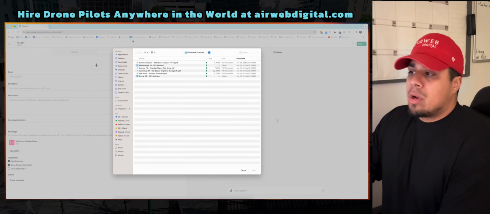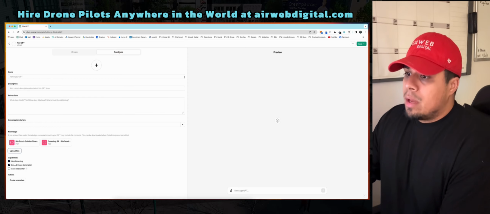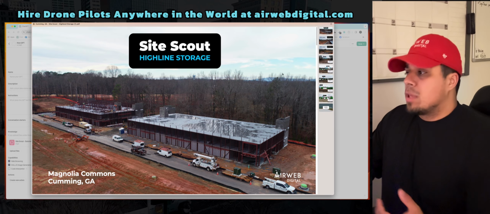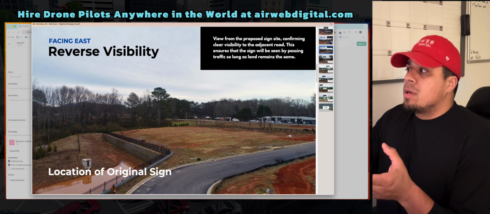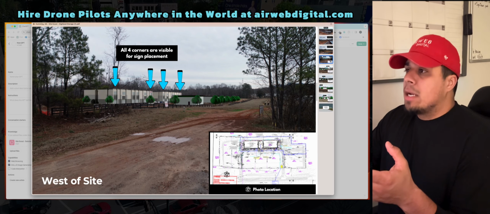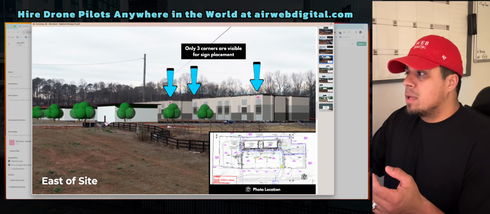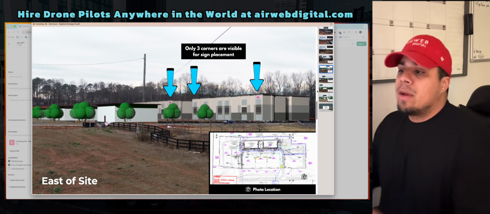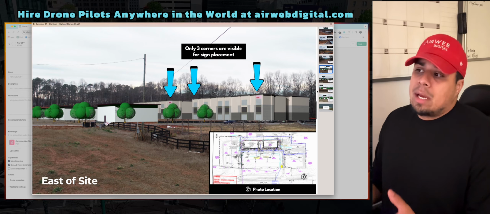We can also include examples from projects. So we have this one example here. Let me pull it up. This is a project we did for a self-storage facility, and we have reverse visibility showing here. We have some mock-ups showing how all four corners are visible for signage placement. We have different perspectives, east of site, west of site. So we have these visualization examples that we can feed into our knowledge base,